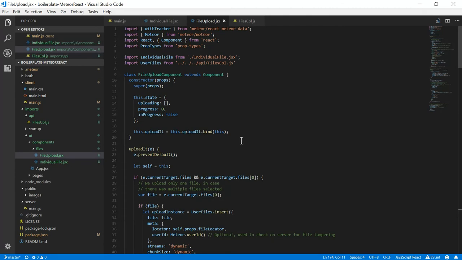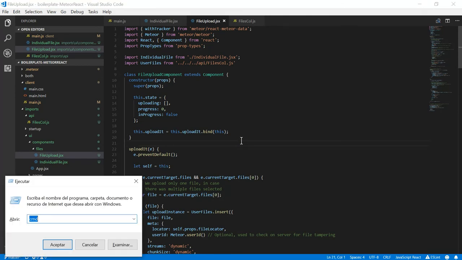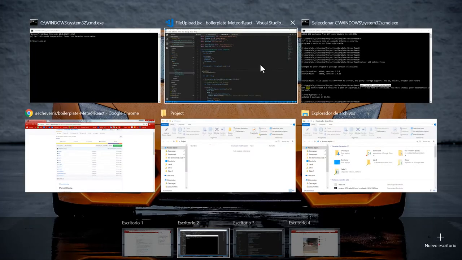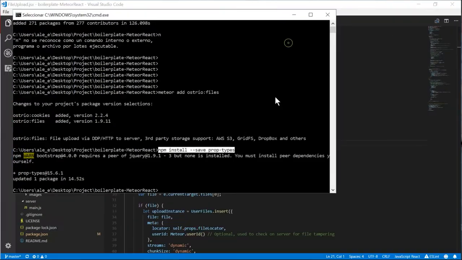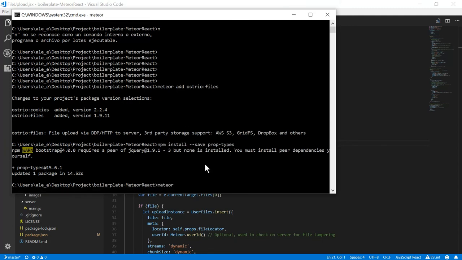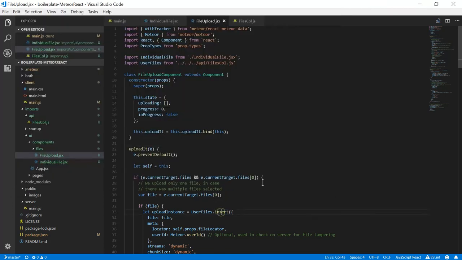Okay, so let's try to run this. Oh, let's use this one. Okay, so we'll use just Meteor. And meanwhile, it's